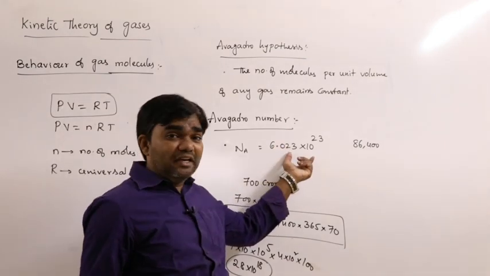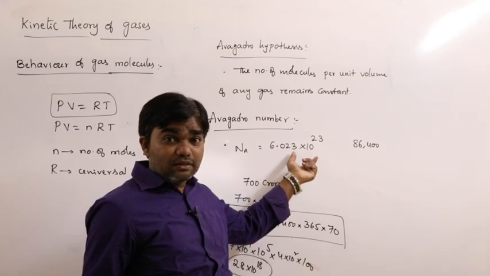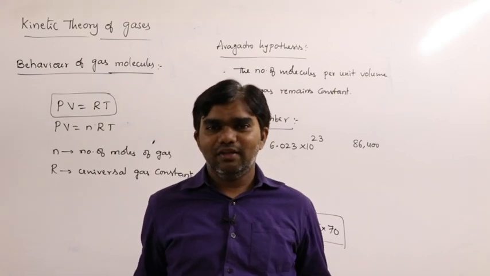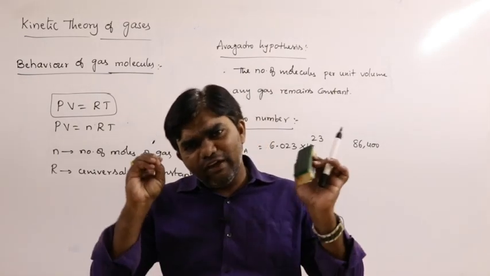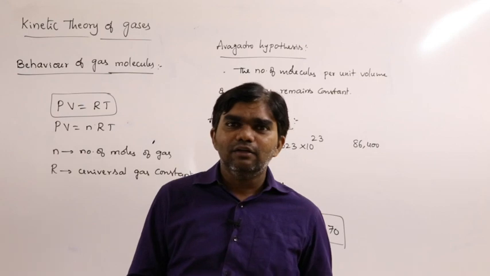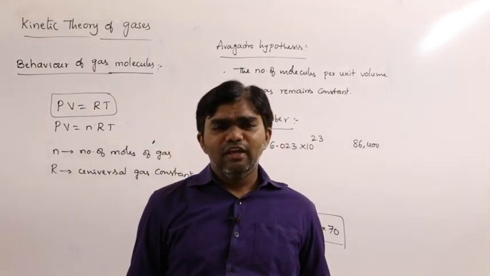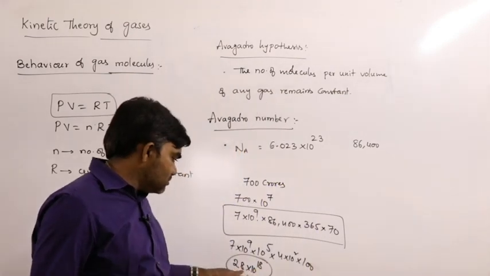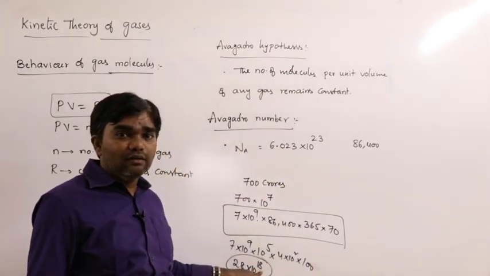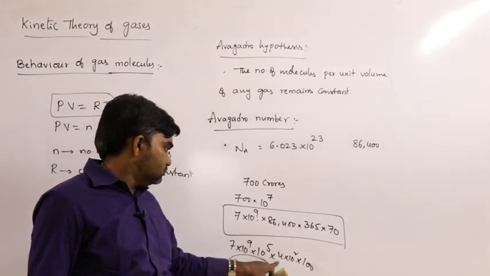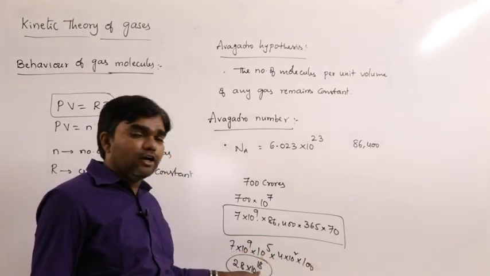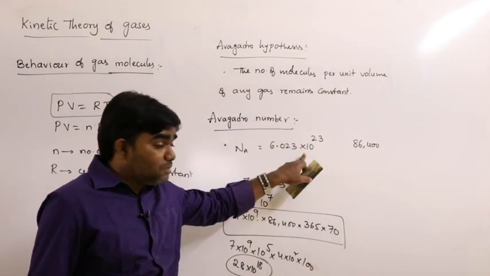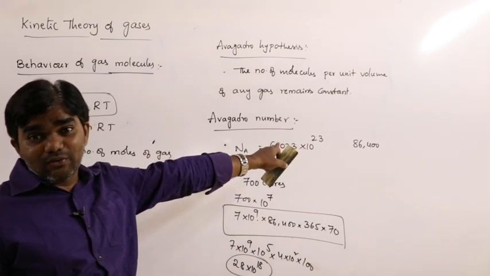This is a big number. How big is it? Each person in the whole world, without doing any work, counting one number per second throughout their lifetime, if all the persons counted the same, the number becomes 28 into 10 to the power of 18, only. But the Avogadro number is 6.023 into 10 to the power of 23. This much bigger is the Avogadro number.